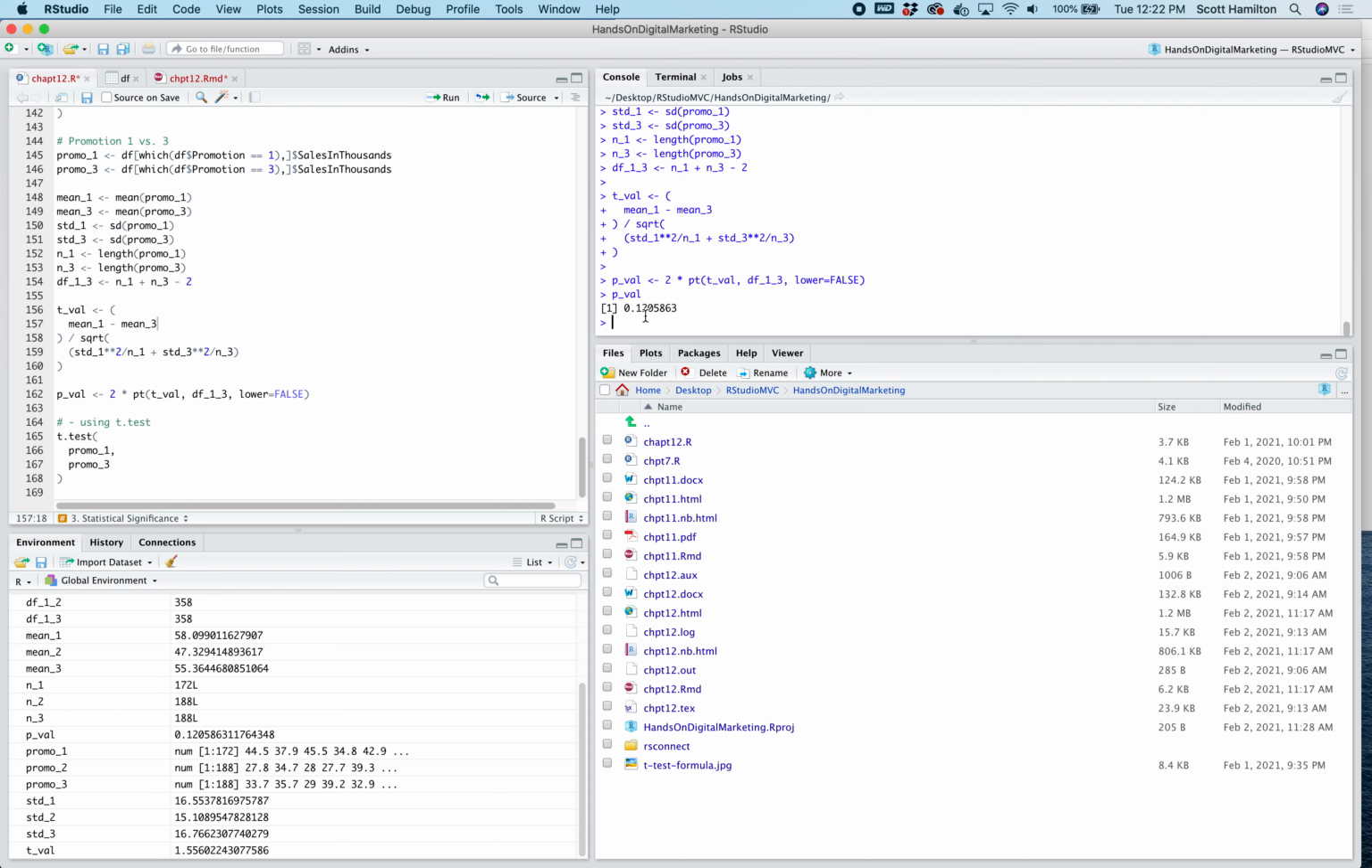This is higher than 0.05. So we're looking at an insignificant result. We cannot reject the null hypothesis that these two are the same. Again, the easy way to run this here,